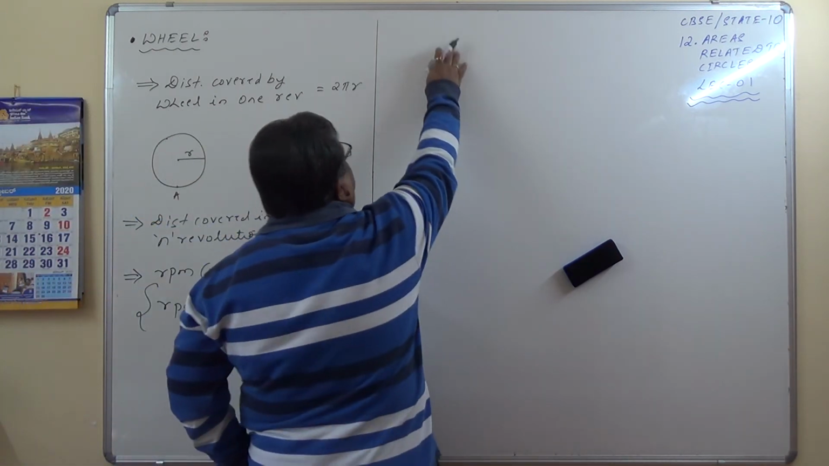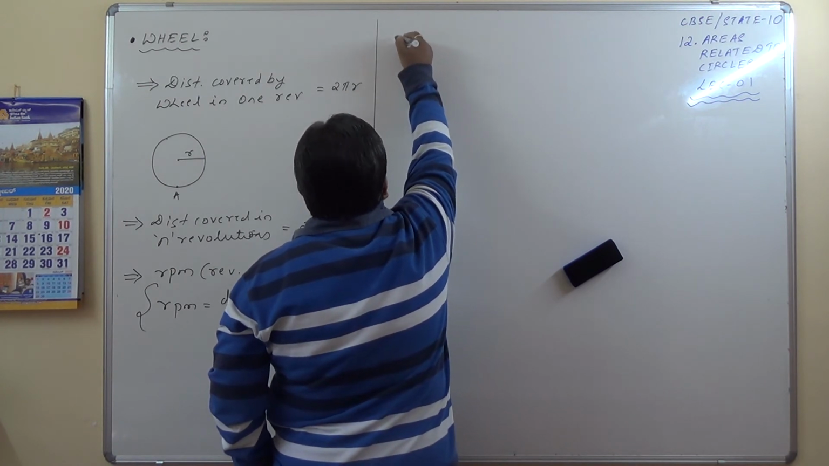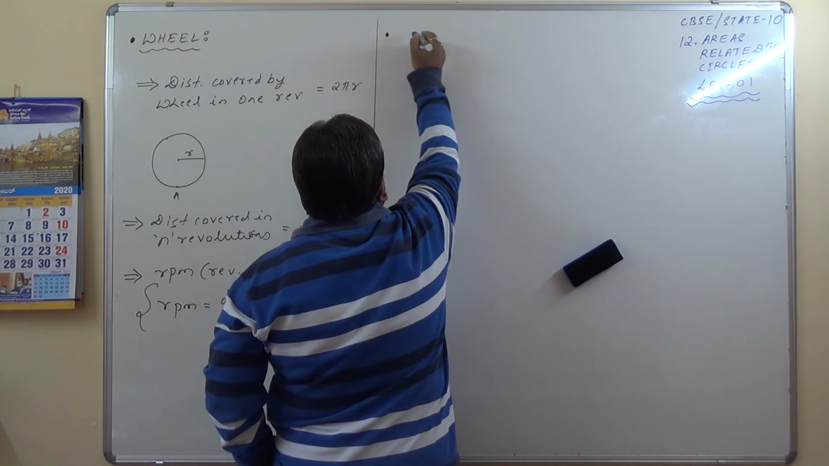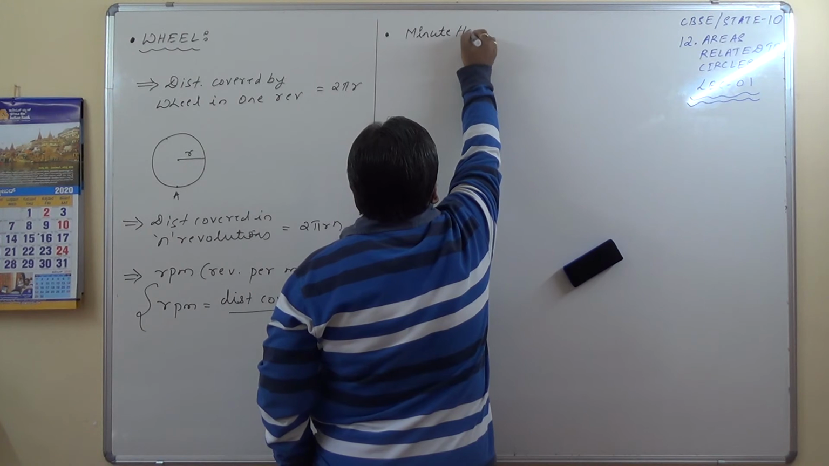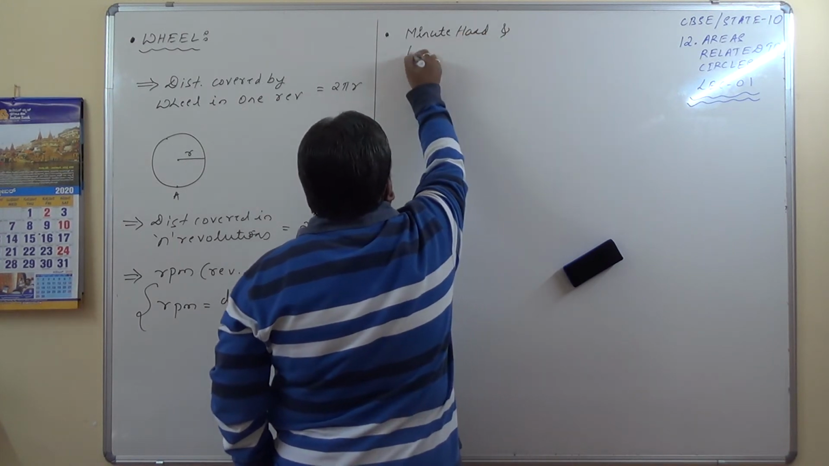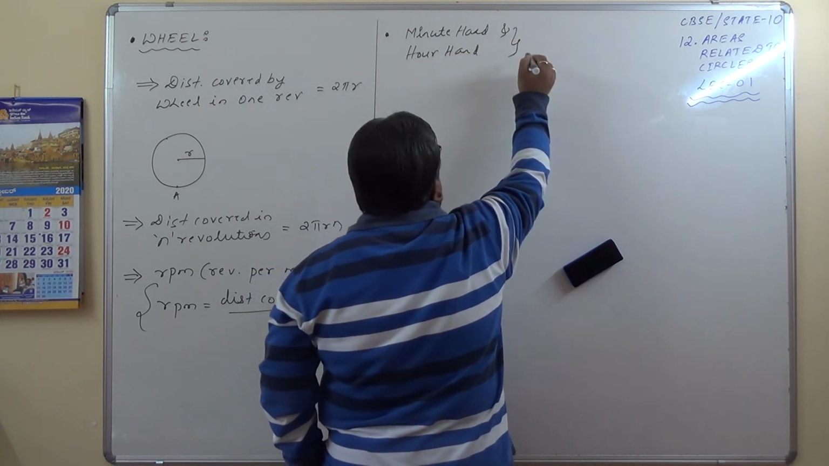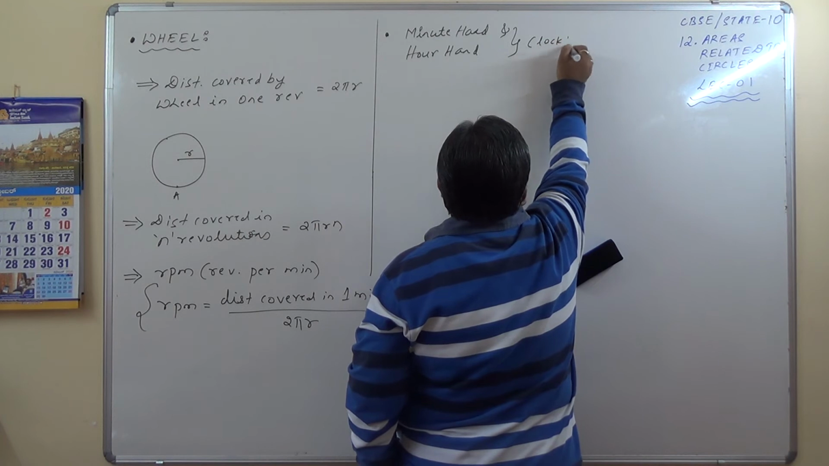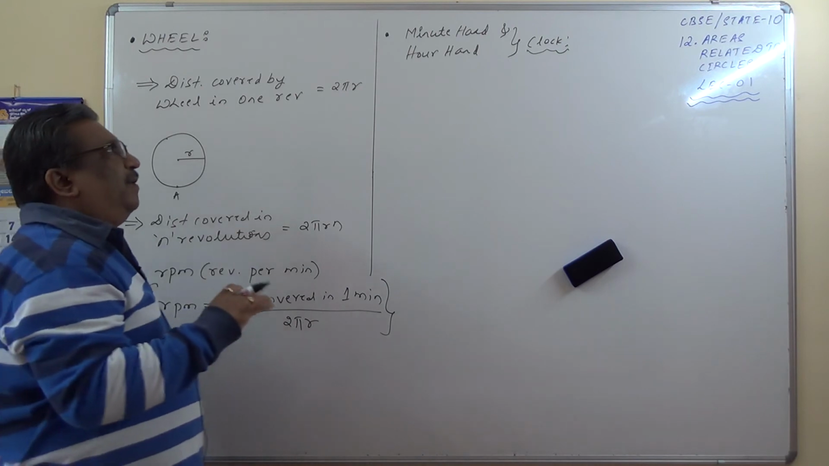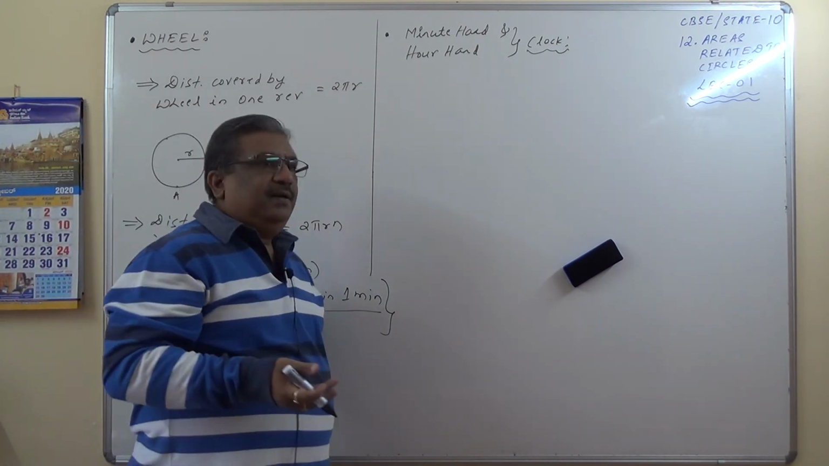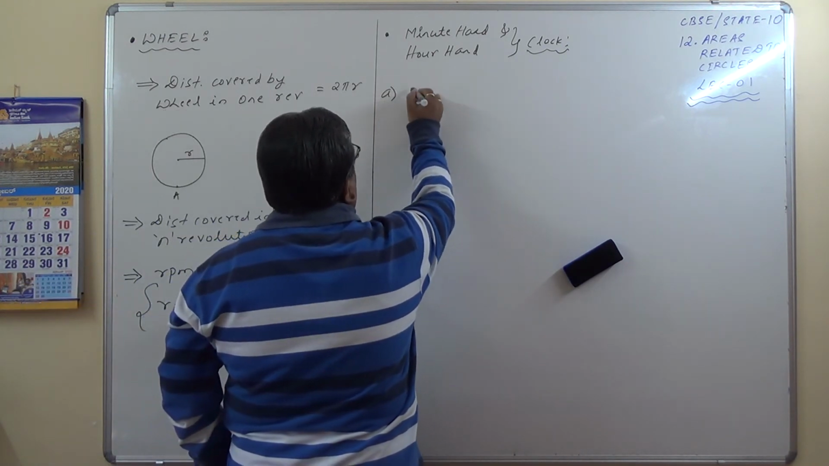See here, angle swept by the minute hand and hour hand. Next one is minute hand and hour hand in a clock. Here we would like to know the angle swept by the minute hand and the angle swept by the hour hand. First one, minute hand,